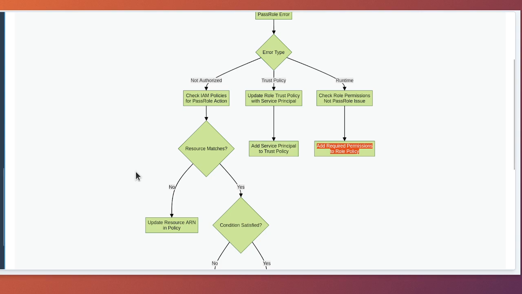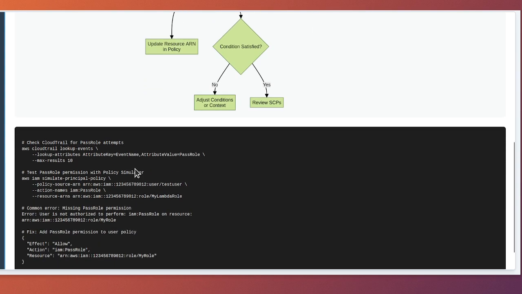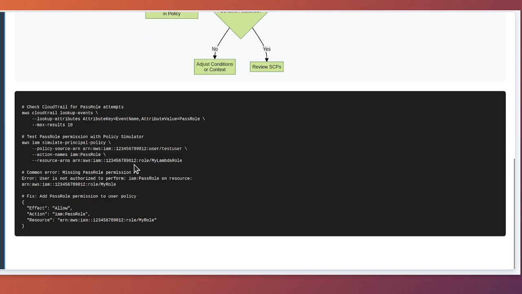Below the flowchart, we have 3 code examples showing troubleshooting commands and common errors. The first example uses the AWS CloudTrail lookup events command. The lookup attributes parameter specifies attribute key equal operator event name and attribute value equal operator pass role to search for pass role events in CloudTrail. The max results parameter is set to 10 to limit the output. This command helps you find pass role attempts in your CloudTrail logs to see what was tried and whether it